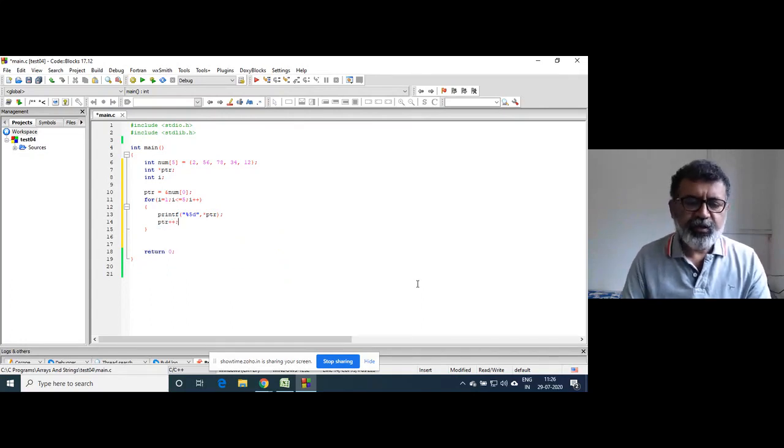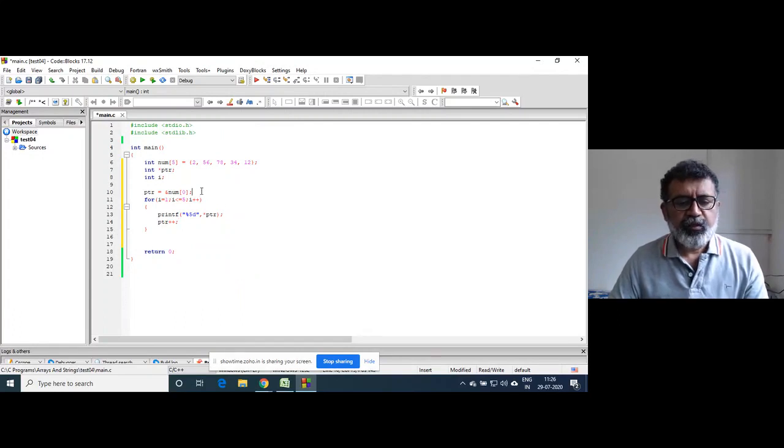This is using a pointer. We store the address of the first element of the array, which we call the base address, in the pointer variable.